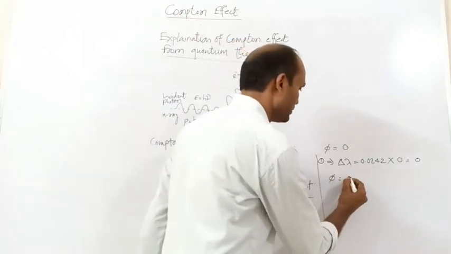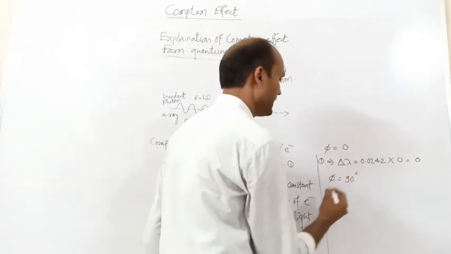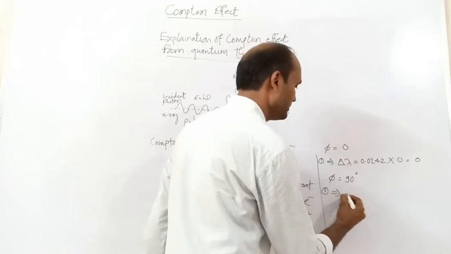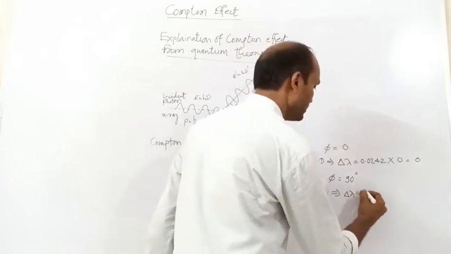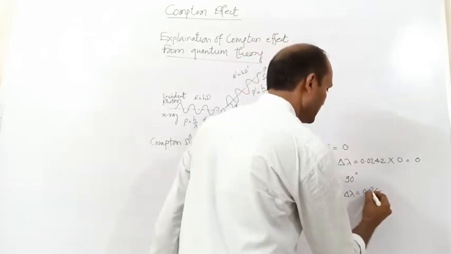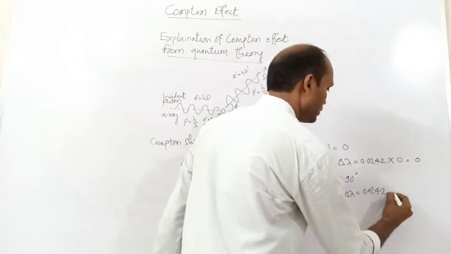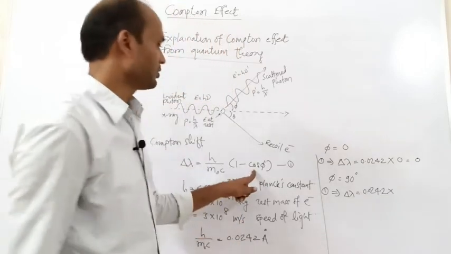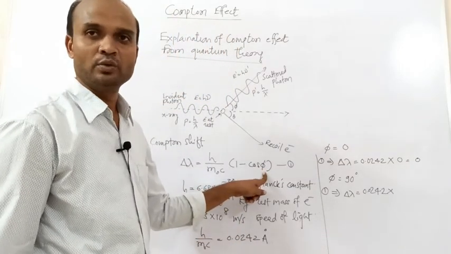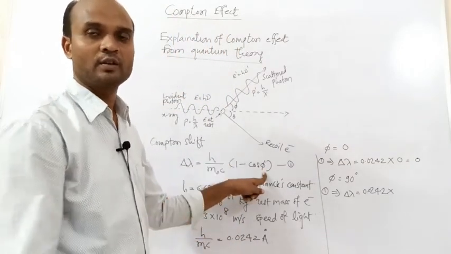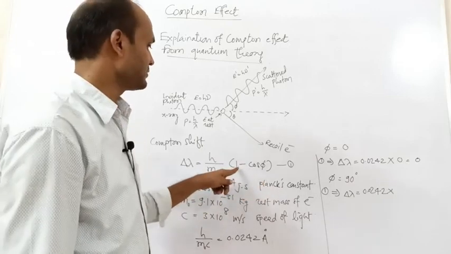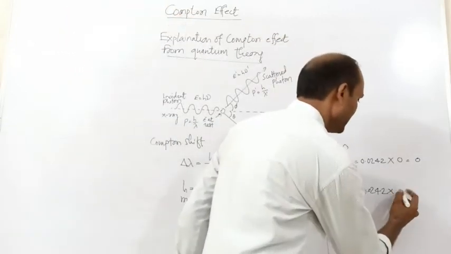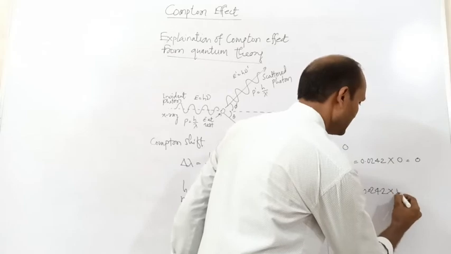Similarly, when phi is equal to 90 degree, equation 1 becomes delta lambda equal to 0.0242 into 1 minus cos phi, where cos phi becomes 0 for 90 degree, so the bracket is equal to 1,